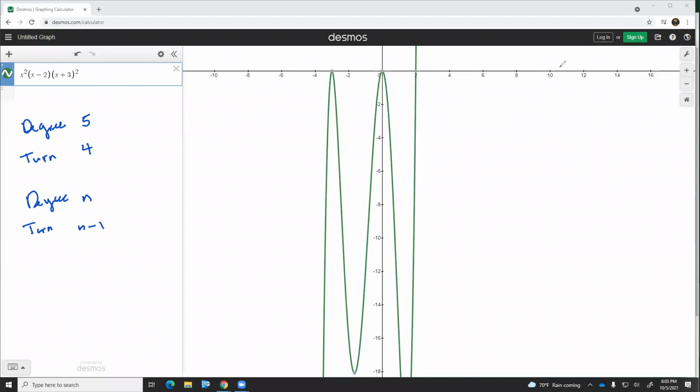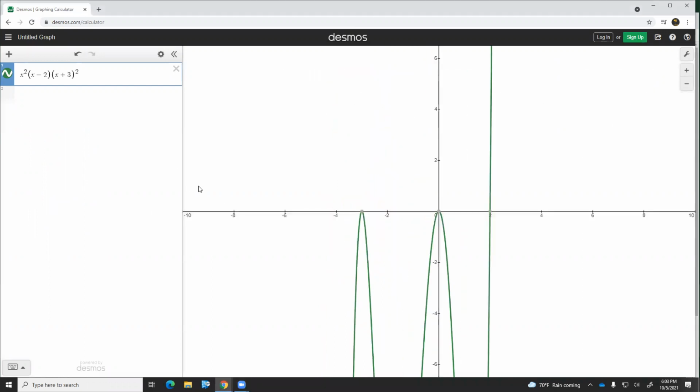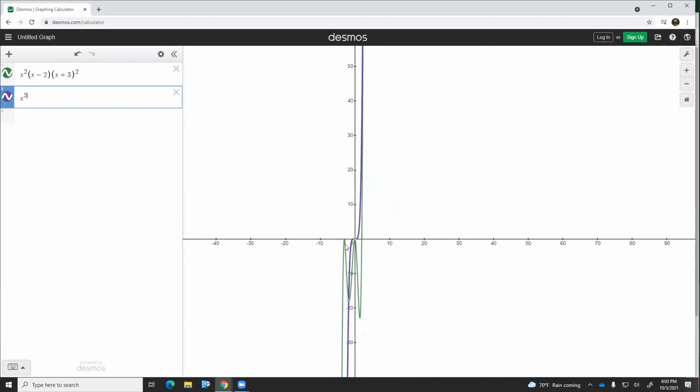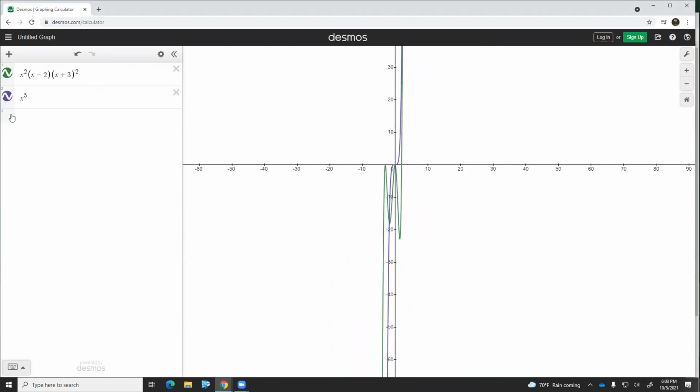All right. So that's turning points. Now we're going to talk about end behavior. Basically, we said this is an x to the 5th. This is a 5th degree polynomial, correct? Well, what if I had x to the 5th? If we zoom out, you'll notice that x to the 5th on the right, as x is getting closer to infinity, so in other words, we're going more in this direction,